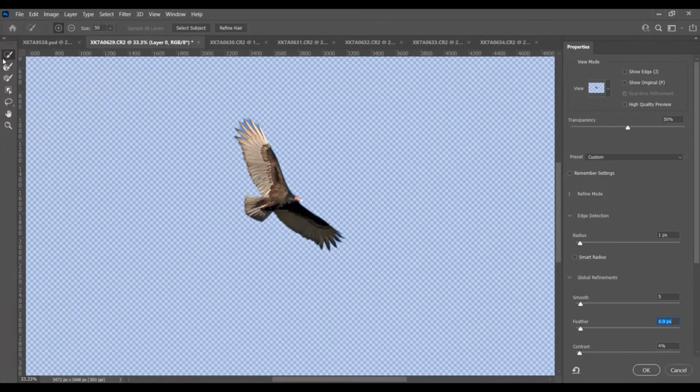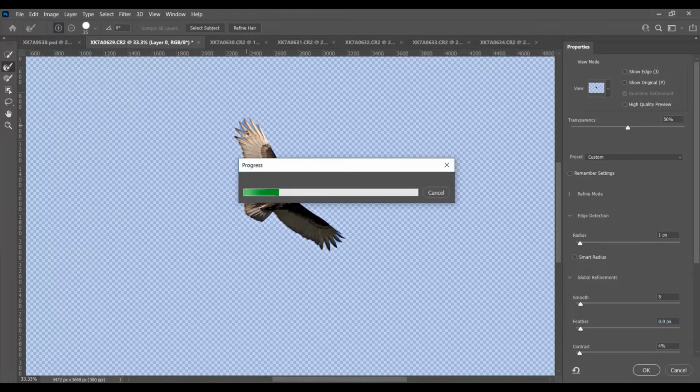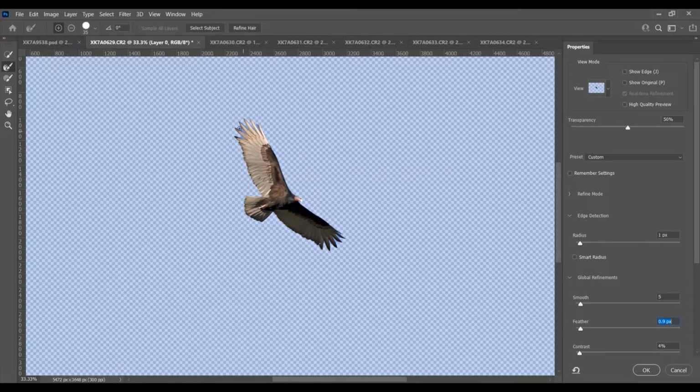Here is something remaining which I can fix with the radius, but I will show you how to do it. We will just clear. This is of course for demo purposes.